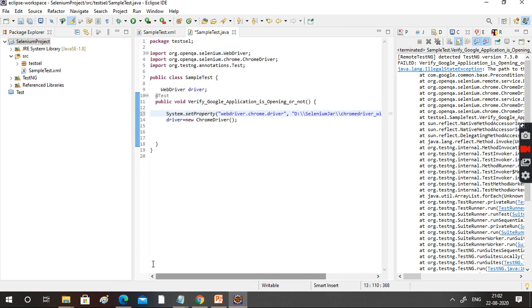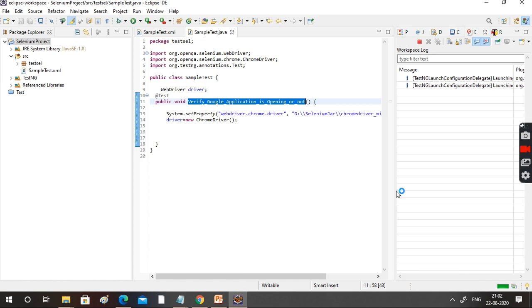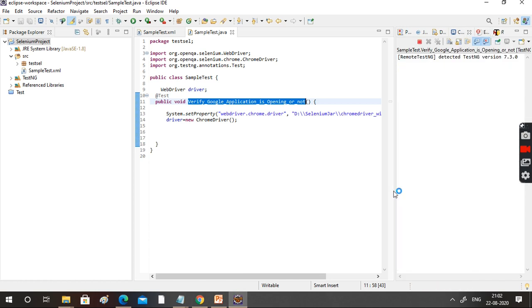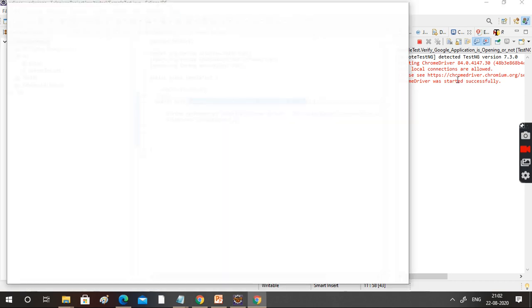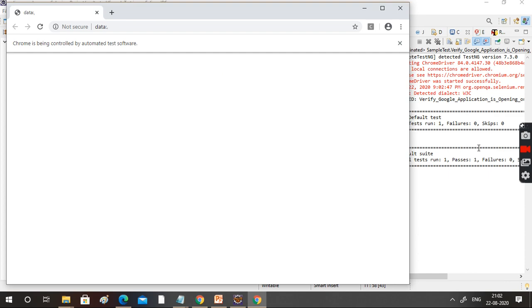Done. Now we'll run the same program again. Right click, run as TestNG test. Now see, the error is gone. Now see, the browser is getting launched, right?